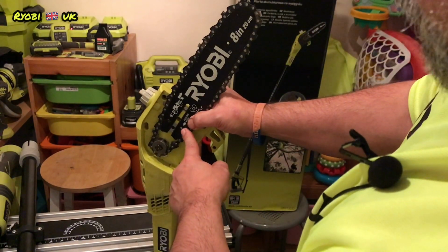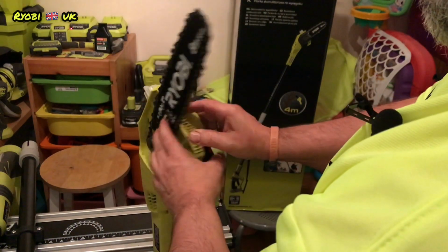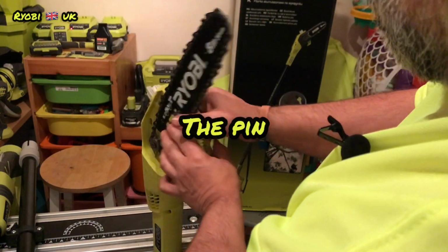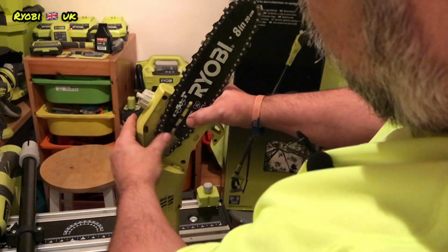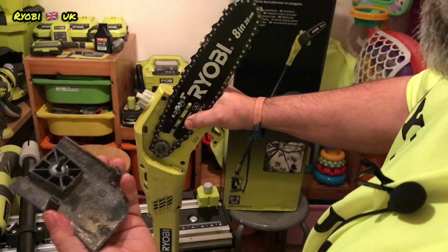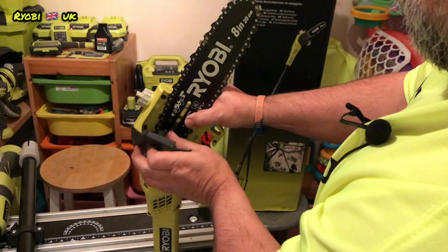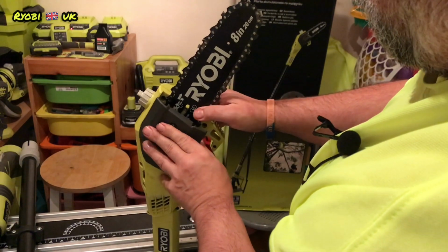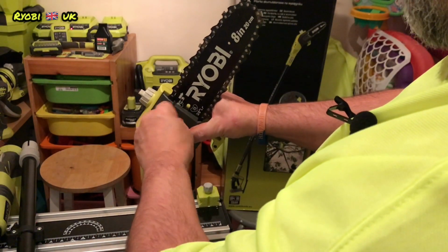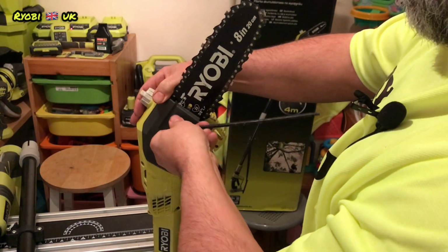If you couldn't locate that easily, this pin might be a bit too far up. Loosen off this piece and the bar will fall down that way and you'll be able to slot it on, but this is fine for me, I can get it on. And it's just a case of locating the outer cover and tightening back up. This would be a lot easier flat on a bench, but I'm doing it this way